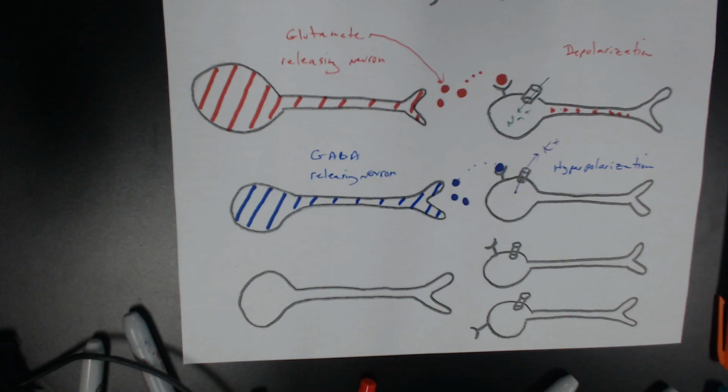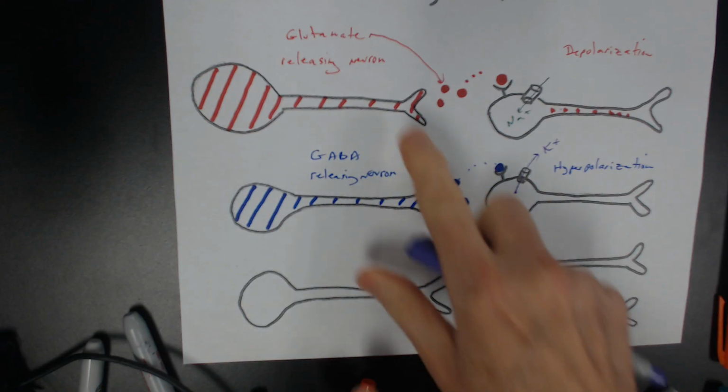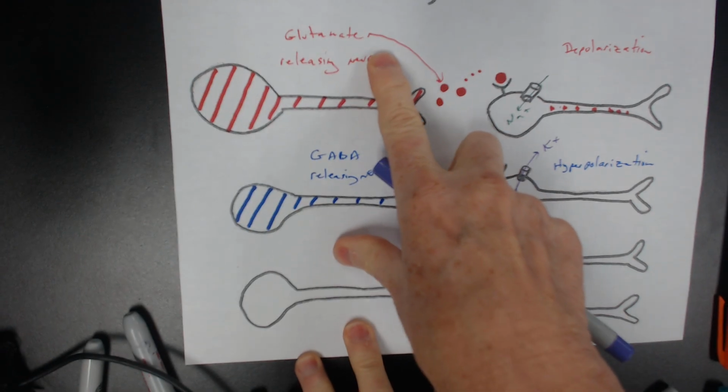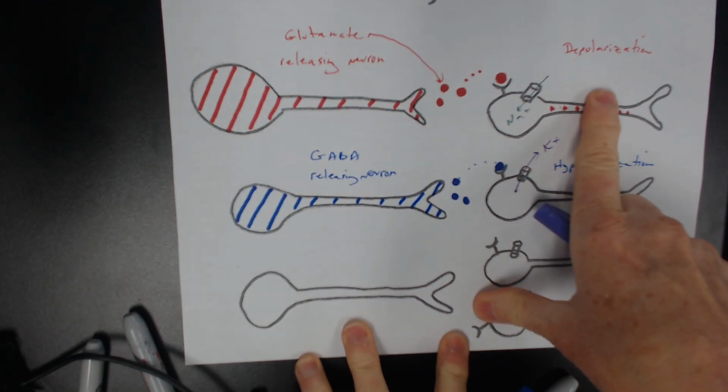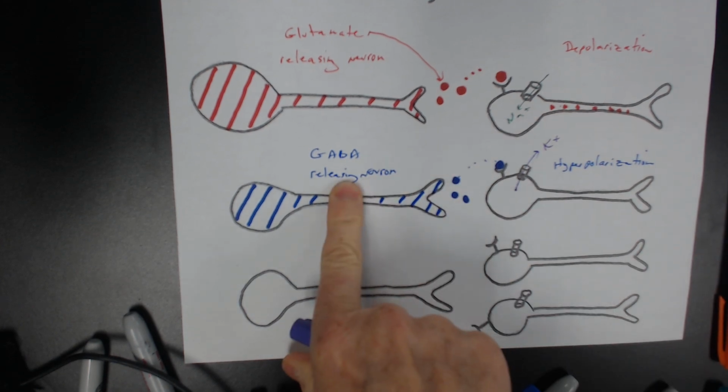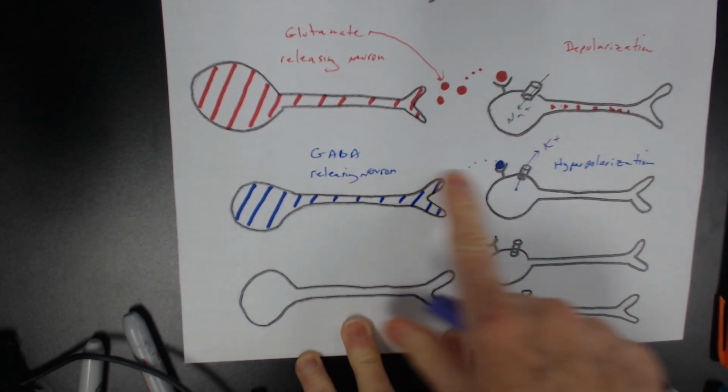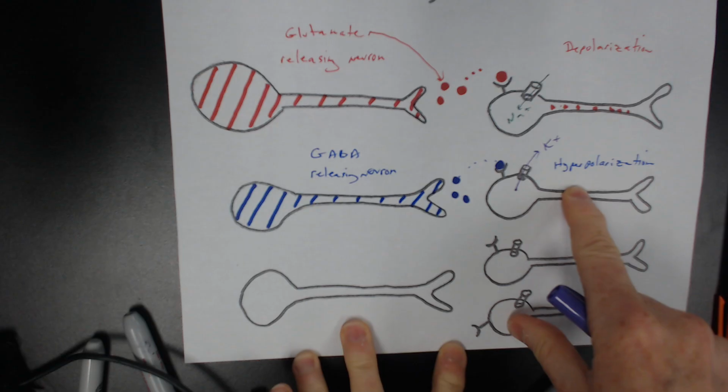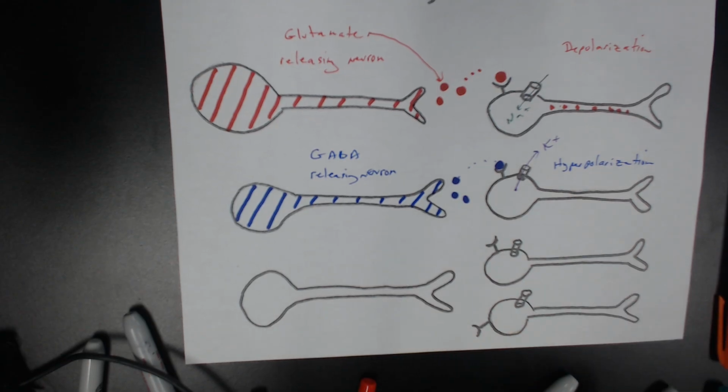Questions about that? This is important for understanding the pathways, so I'm just taking my time and making sure everybody's got it. Similar to what we talked about before, glutamate, an excitatory neurotransmitter, causes depolarization of the next neuron in sequence. GABA, an inhibitory neurotransmitter, causes hyperpolarization of the next neuron in sequence. All right,